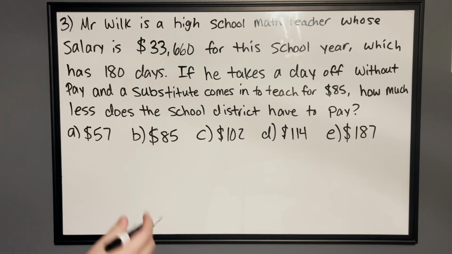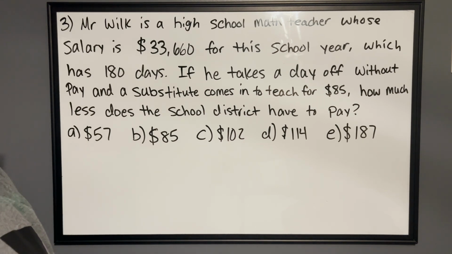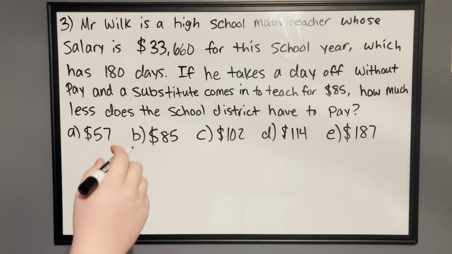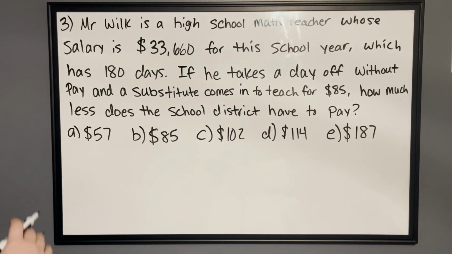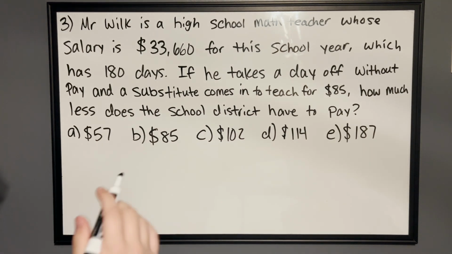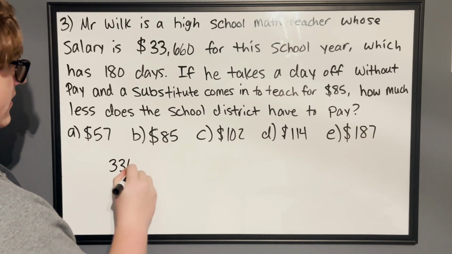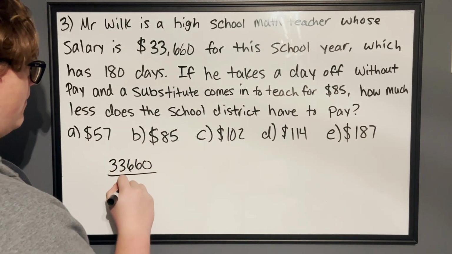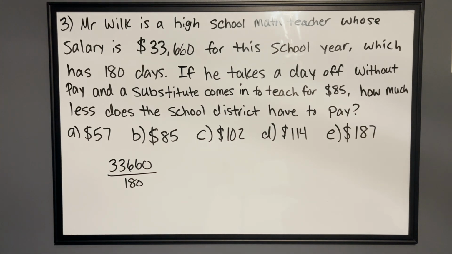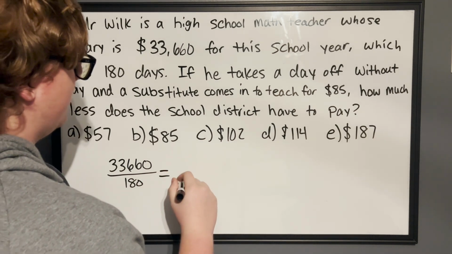Wilk takes off, they're paying out $85 to the substitute. So we need to figure out how much Mr. Wilk makes per day in order to figure out how much they're actually saving. So to do that, we're going to divide 33,660 by 180. So when we get this, we're going to end up finding out that he gets paid